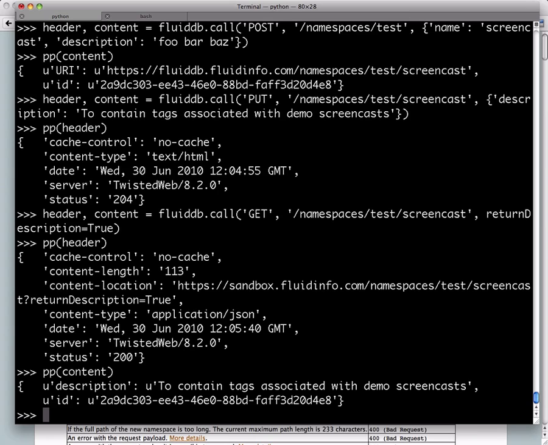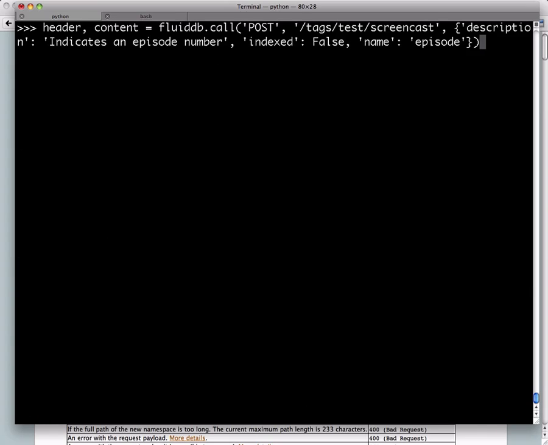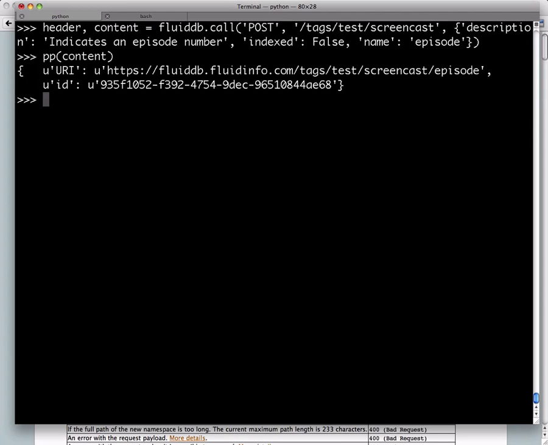header. So now that we've got a namespace, let's define a tag underneath this and make use of it. So this is done in the same sort of way. I'm posting to a particular resource which refers to the namespace. The description of the new tag indicates an episode number. It isn't indexed, and the name of the new tag is episode. Just as with the namespace, the URI of the new tag and the ID for the object representing the new